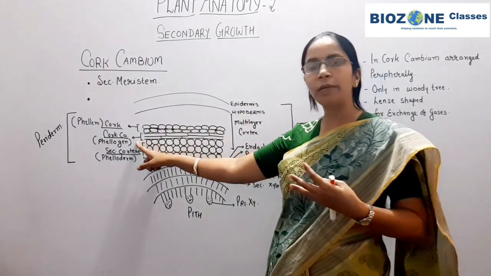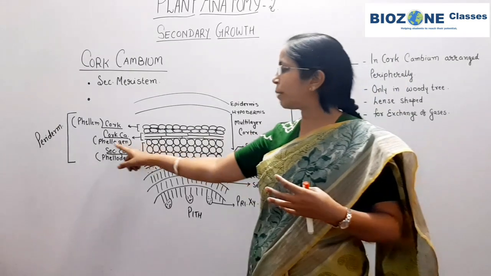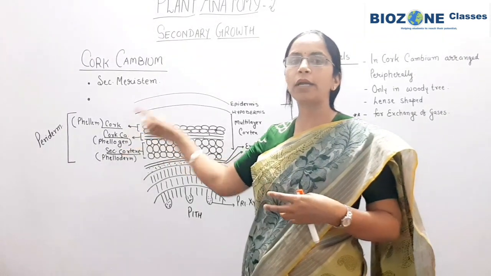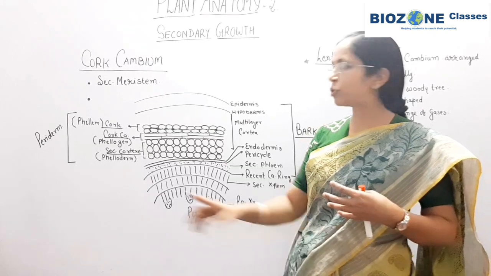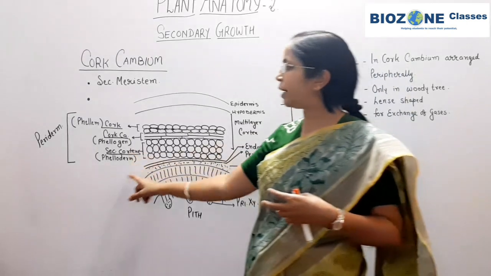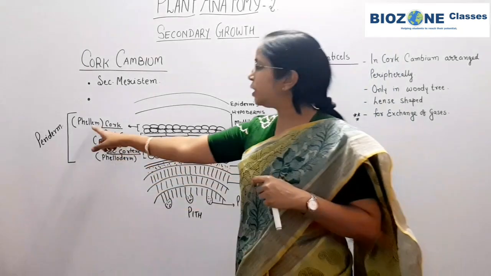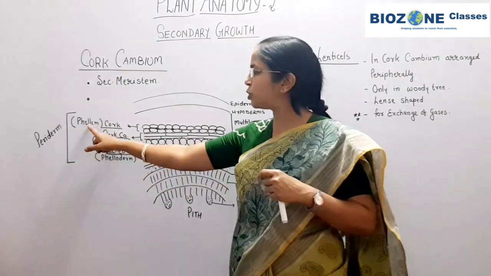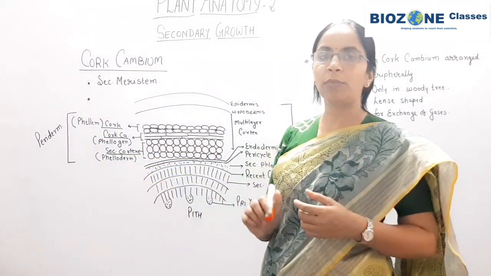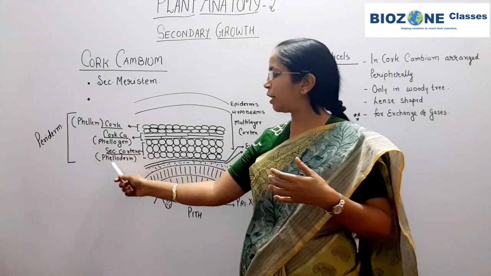First, the cork cambium is developed nearly in the center of the cortex, and the cork cambium is called phellogen. This cork cambium produces outwardly dead tissue, that is cork, and inwardly living parenchymatous tissue, that is the secondary cortex. So these 3 layers in the cortex region are combinedly called periderm. So remember these 3 terms are only asked. Remember phellem, phellogen and phelloderm as it is. Remember the arrangement: phellem is outward, phellogen is middle and phelloderm is inner.